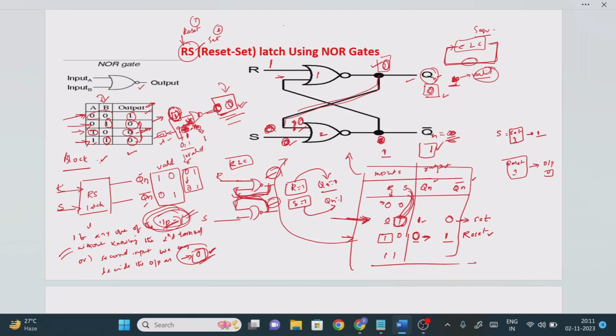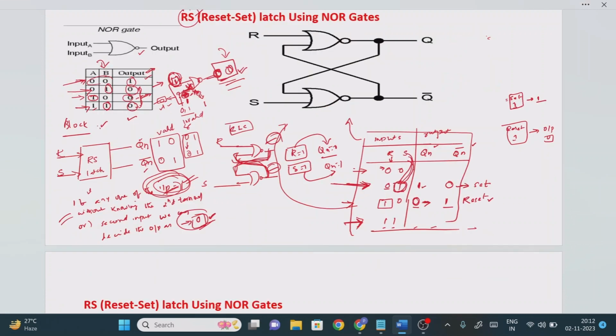So now we will try to complete the remaining two statements also, right? In this case we will consider the 0 0 value. First we will consider the 1 1 value, then we will go with the 0 0 value. So this time we are considering the input value R equal to 1, S equal to 1, then we will try to find out the output value, right? So R value equal to 1, S value equal to 1.